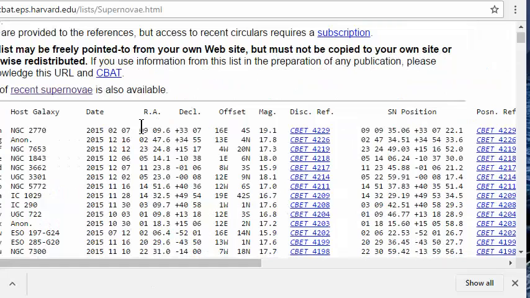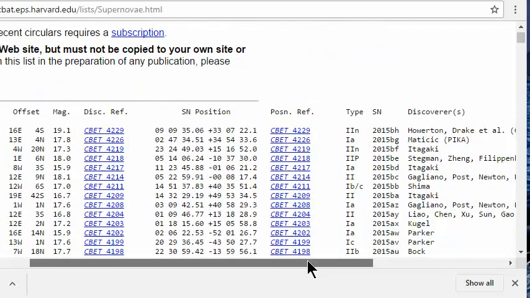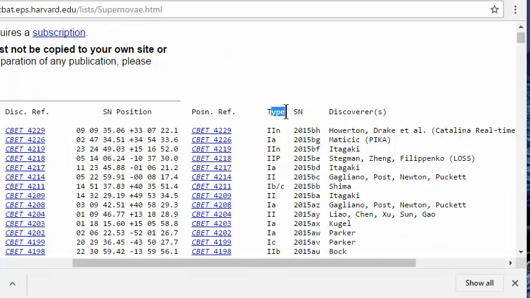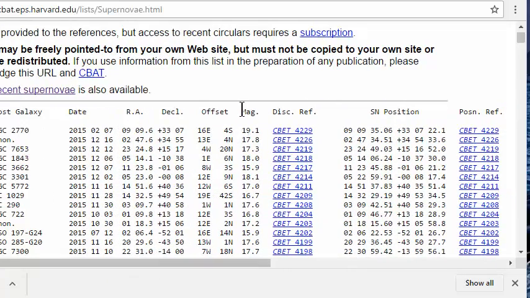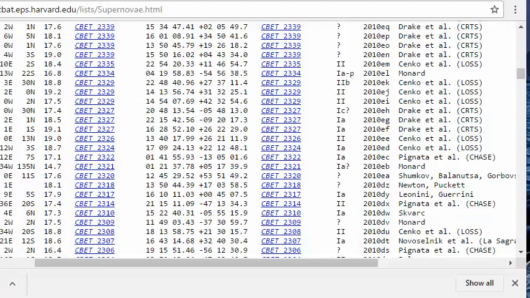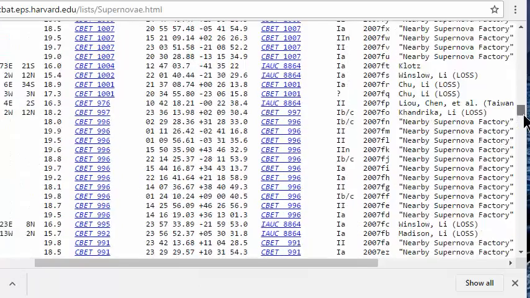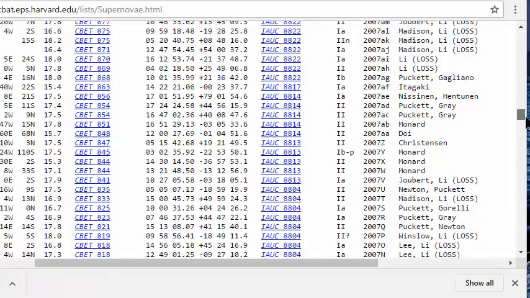In every one of these data entries, you can see right ascension, declination, type, and magnitude. But if you want redshift, you're going to have to go somewhere else. Now, some of these have more detail listed in documents called CBETs. Others have more detail listed in IAUCs.